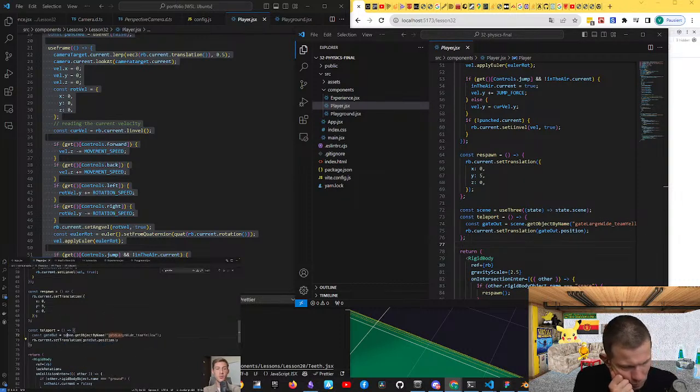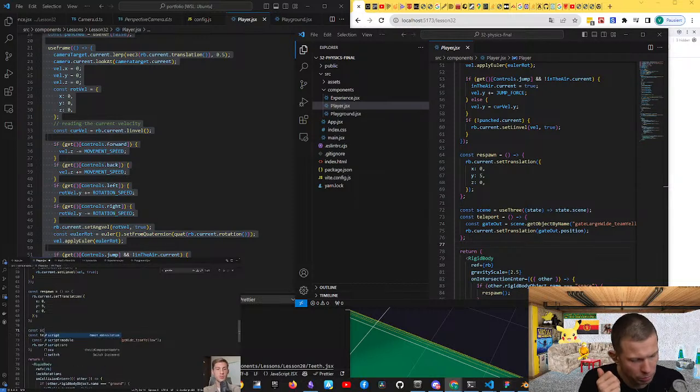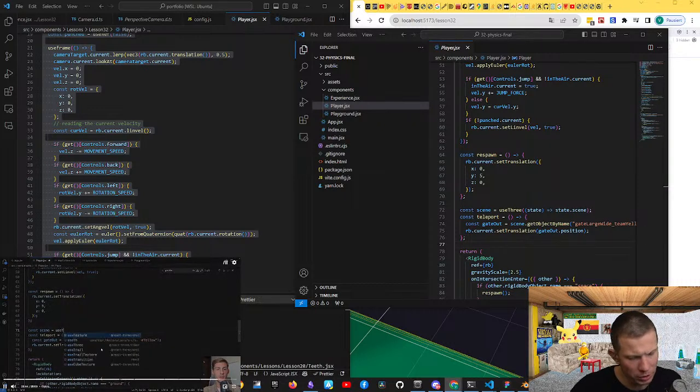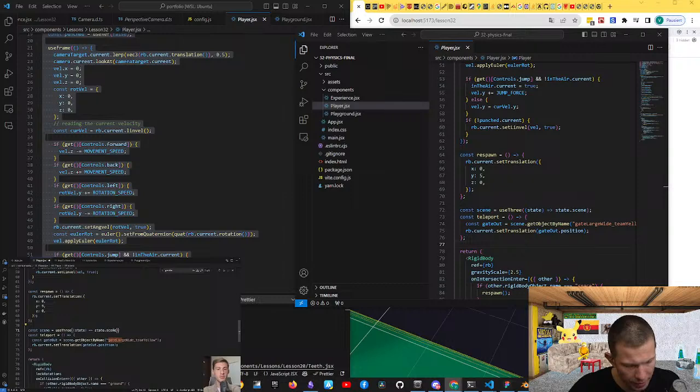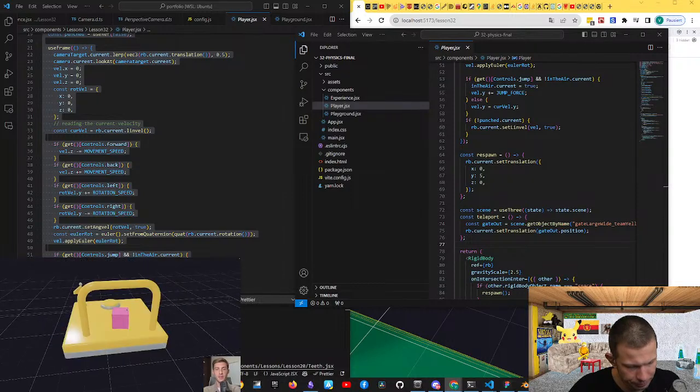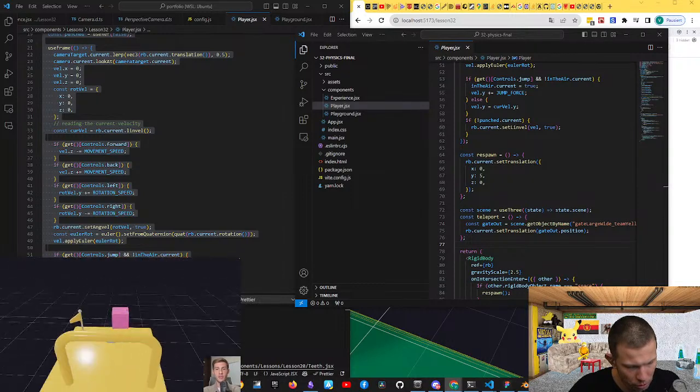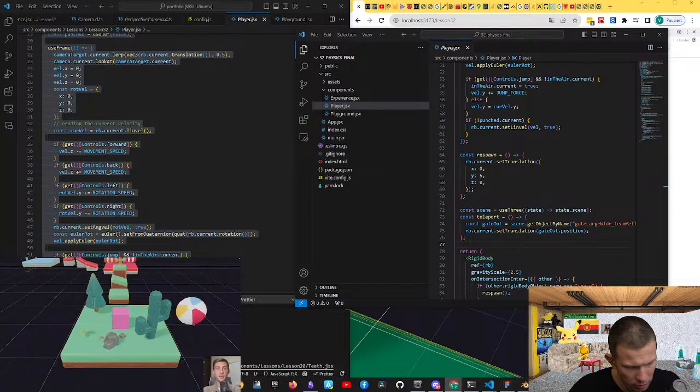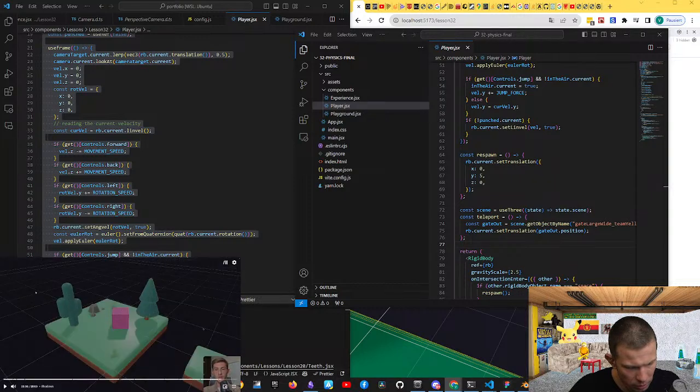We don't have access to the scene here, so we need to use the useThree hook. Const scene is equal to useThree of state, and we get the scene from the state. Let's try it. And now we are teleported to this gate. Perfect. Our game system is pretty nice, but we